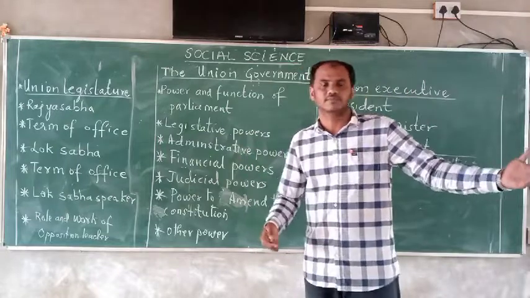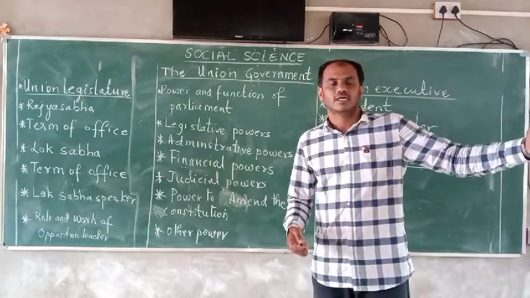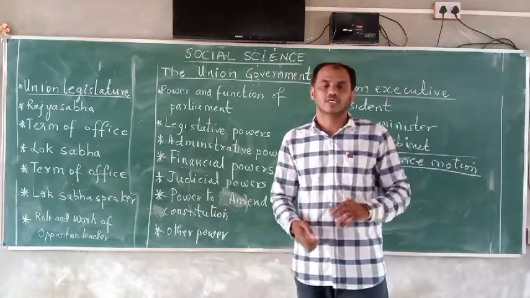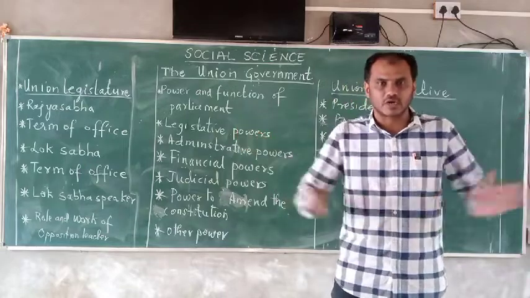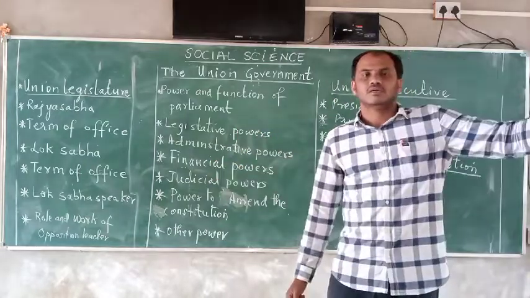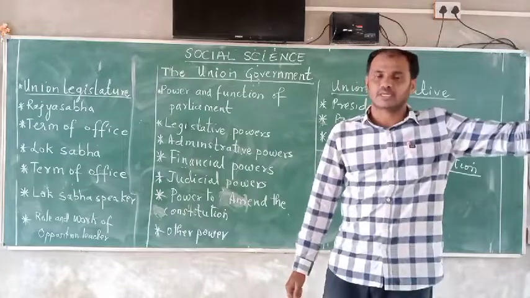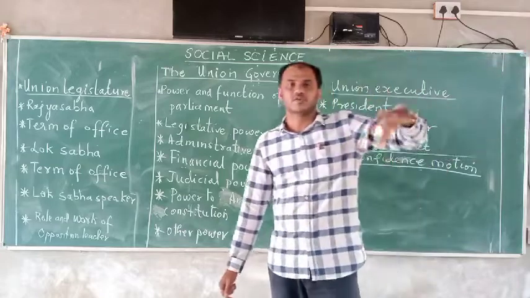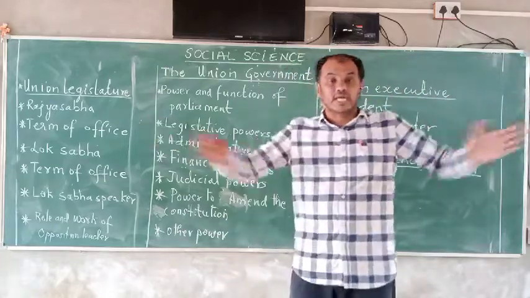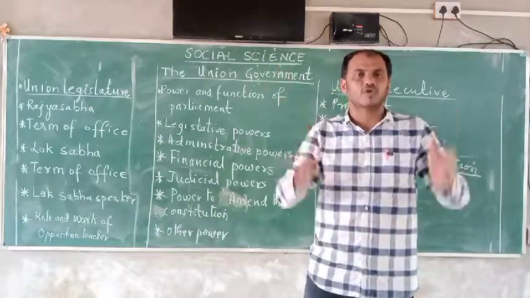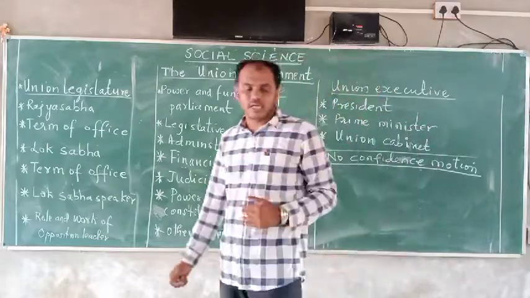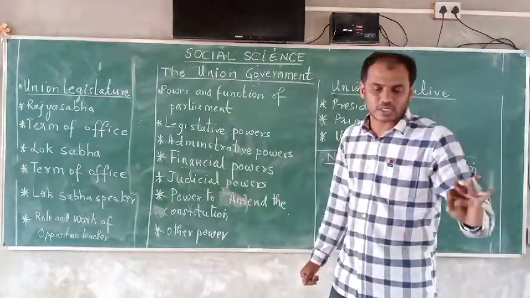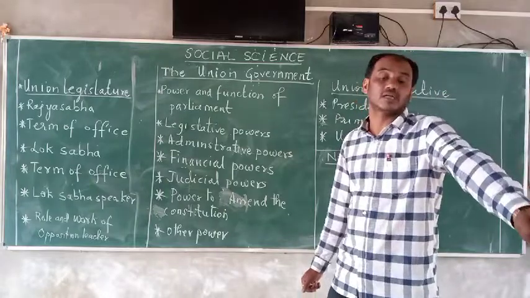We have already studied the central list, the state list and the concurrent list. So three lists are there. The central government has more subjects: it can make rules, regulations and laws on those 99 subjects. The state government has 55, and the concurrent list has 79. This is an example that India follows the federal system. In the federal system, the central government exercises power over the legislature, executive and judiciary of the country.